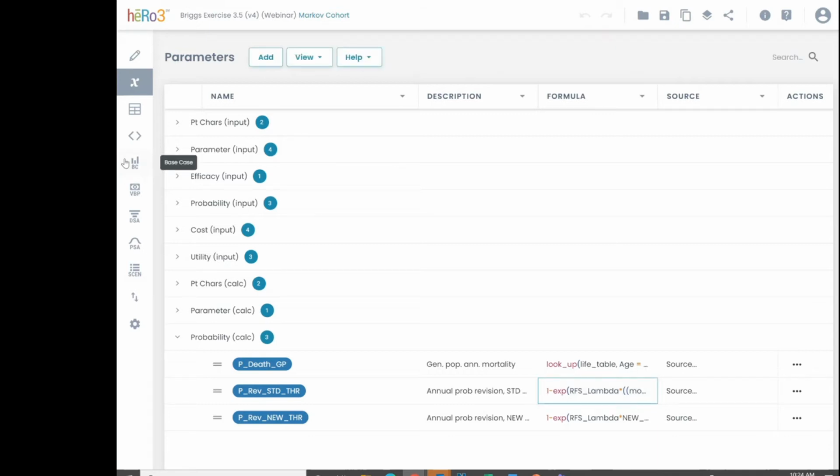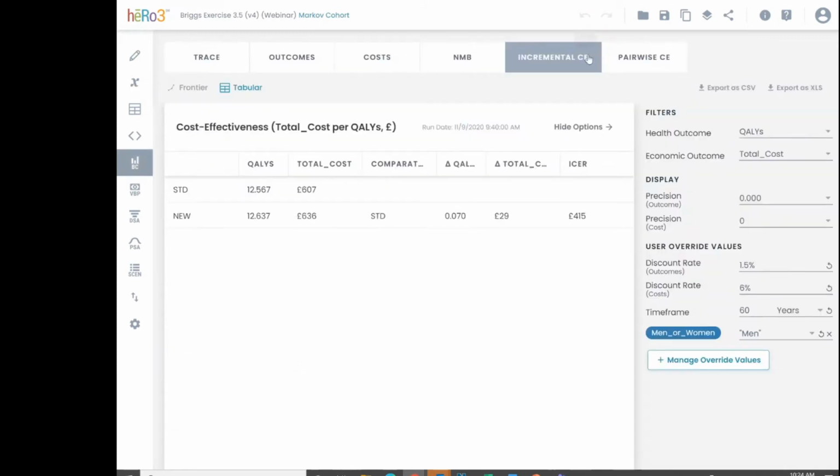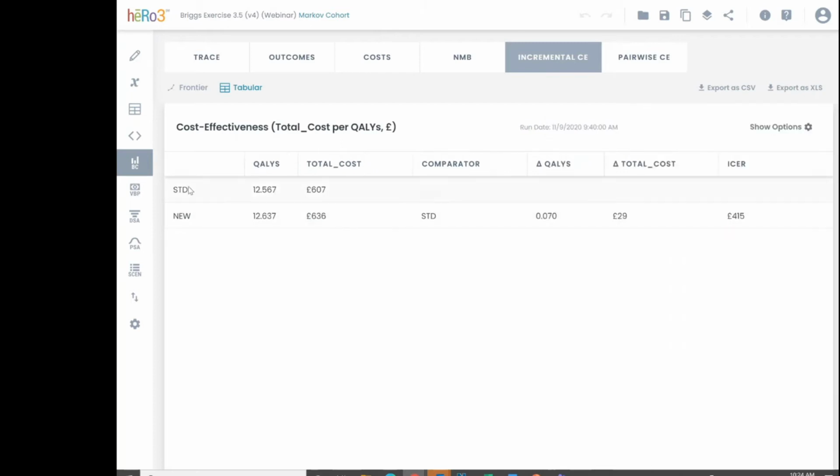So if we go to the results, and I'm just going to skip over to the incremental CE, we're looking right now at qualities and total costs. We see that we are reporting out total qualities approximately 12.57 for the standard prosthesis versus 12.64 for the new prosthesis. Total costs are slightly higher for the new prosthesis, resulting in an